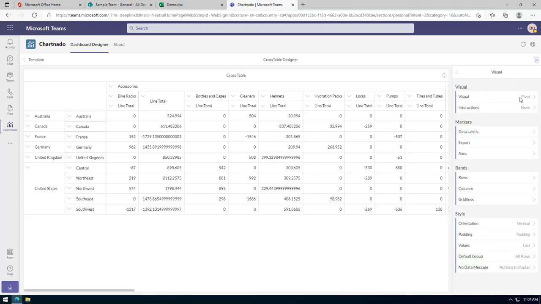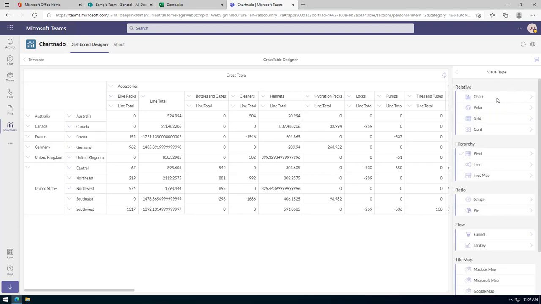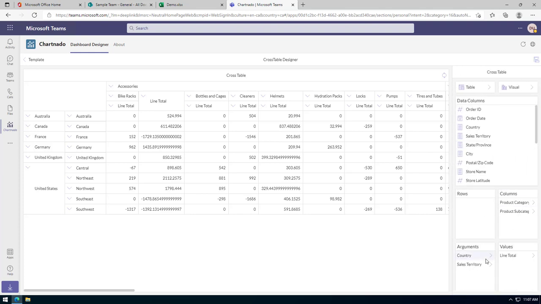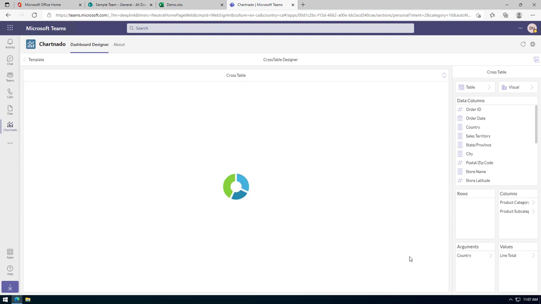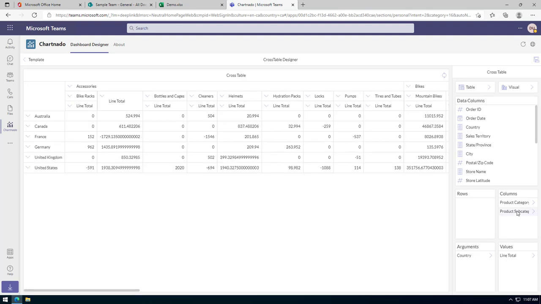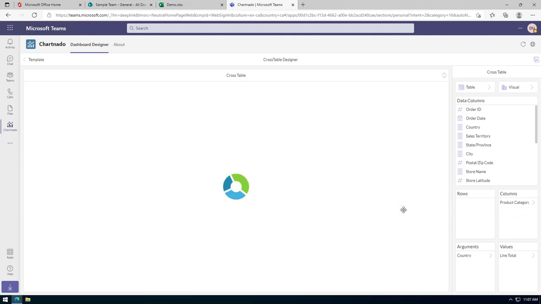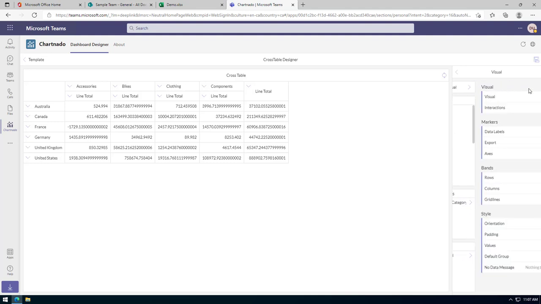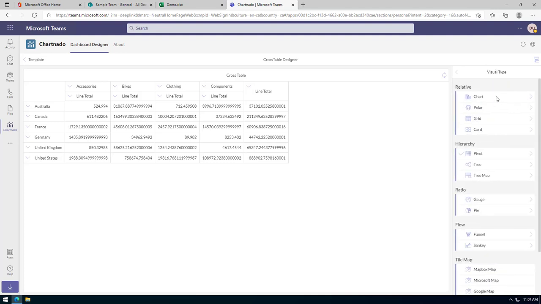If you were to go back and change this back to a chart, that chart would be a little hard to read because of the sheer number of bars and lines and all of that sort of stuff. So we'll simplify this again a little bit. We'll take sales territory out. We'll take product subcategory out, so that for each country, for each product category, we'll make a bar chart. So we go back to the visual, change this back to a chart,